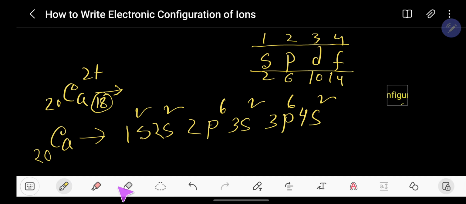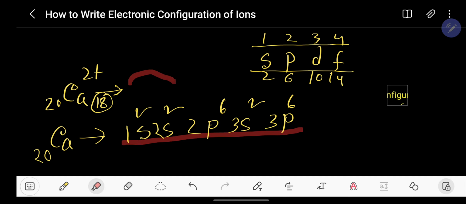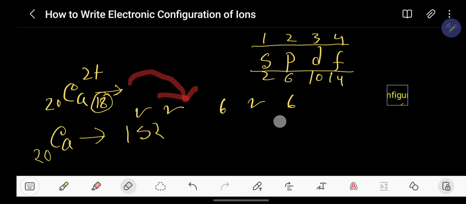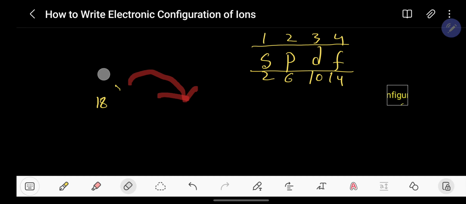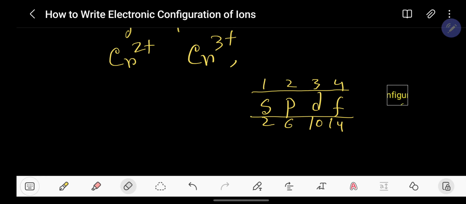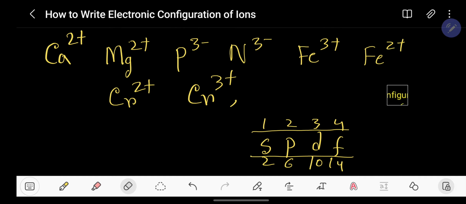So if you remove 2 electrons, then this is the electron configuration of calcium 2 plus. So remove this. Now this is the electron configuration of calcium 2 plus. I think you've understood the basic things of writing electron configuration of an ion. So let us take a more complex ion like